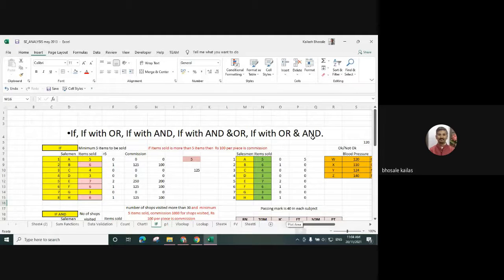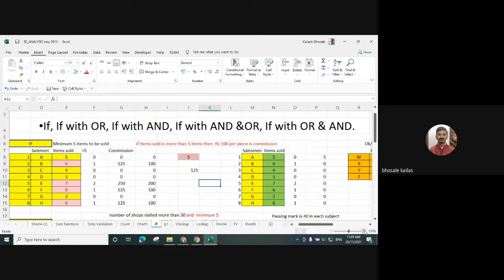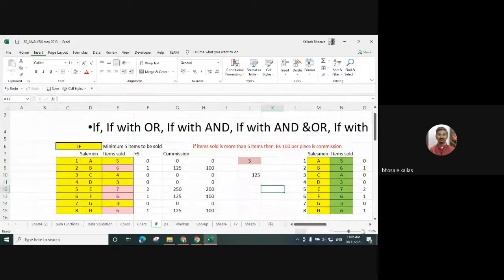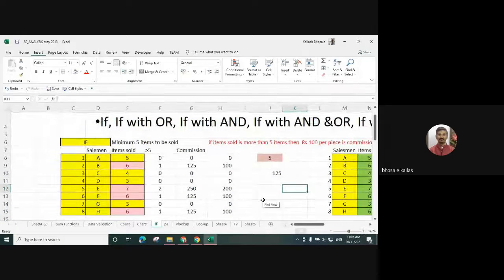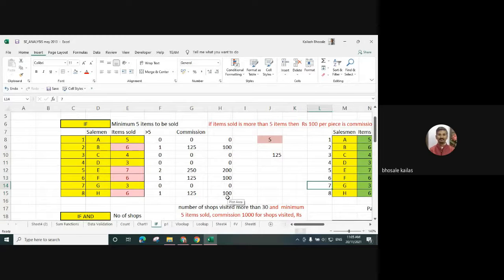The logical functions are there, if logical. So this is the data available.